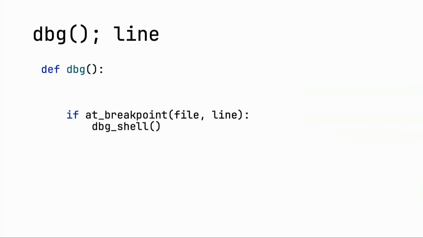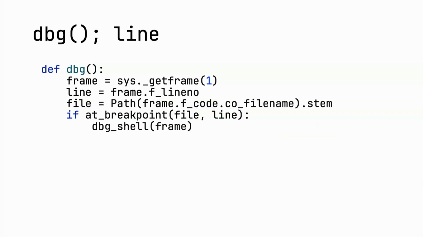We can use this to implement dbg, and that's pretty simple. We just get the frame below the dbg frame. We then get the line number and the file name, and the file name is actually attached to the code object. So we can also get a code object, which is pretty interesting because we can modify things like the docs, and even, when we're pretty nasty, modify the code itself, at least in CPython. Please don't do this, but you can have quite a lot of fun with writing debuggers. And then we get a file and the line.